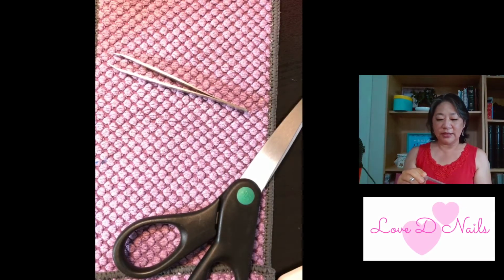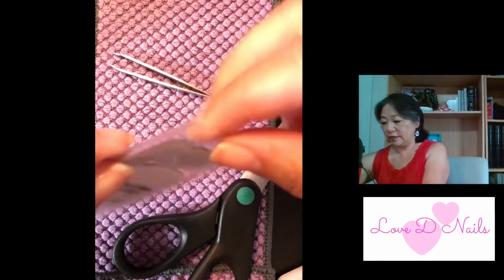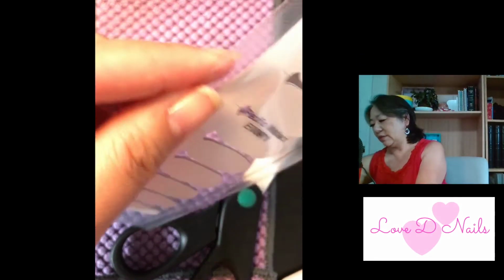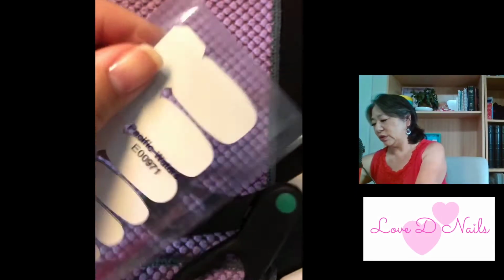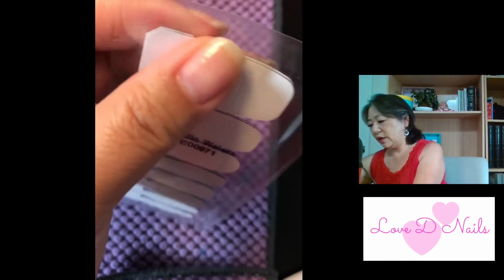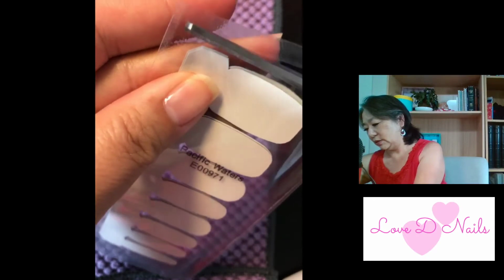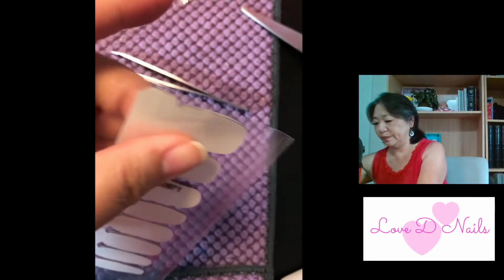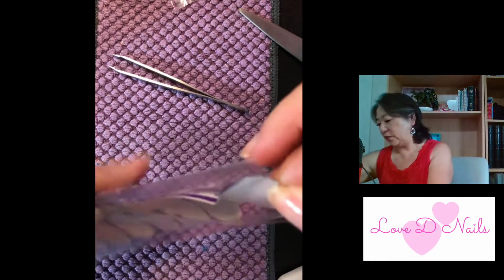There is a tear tab, a little perforation right in here. But right now, if I tear that, it might actually hit my Color Street. So I'm going to just very carefully cut so I don't cut my Color Street. There we go. And if you've never used Color Street before,